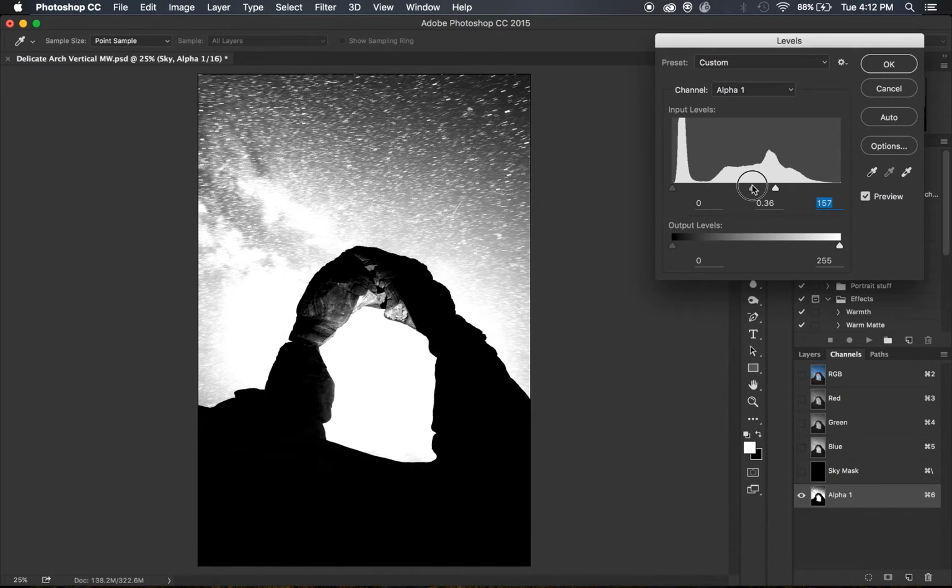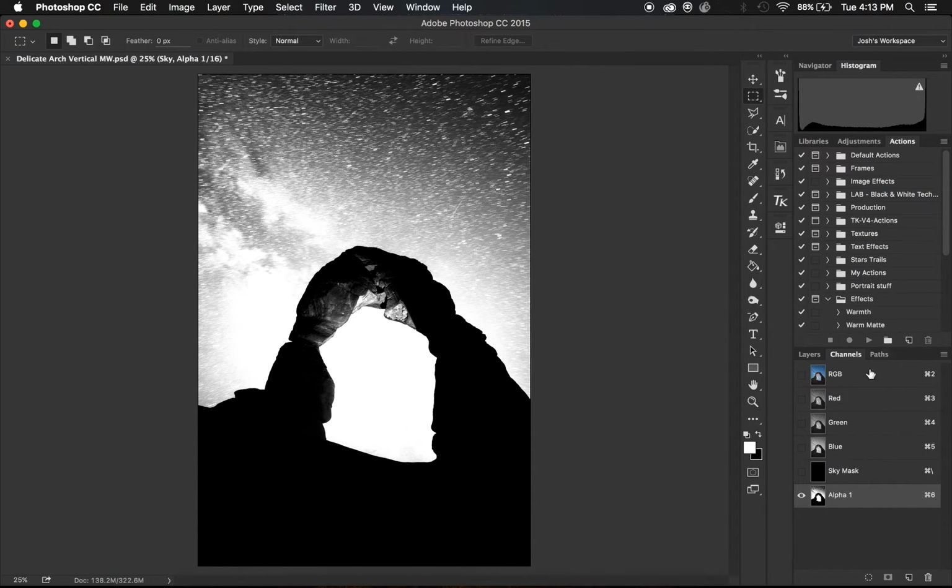So now you can see that pretty much the sky around the arch is blown out, and the arch has gone black in some places, and it's getting kind of crunchy up here. This is okay. This is what we want. I'm going to click OK. And to further refine this,